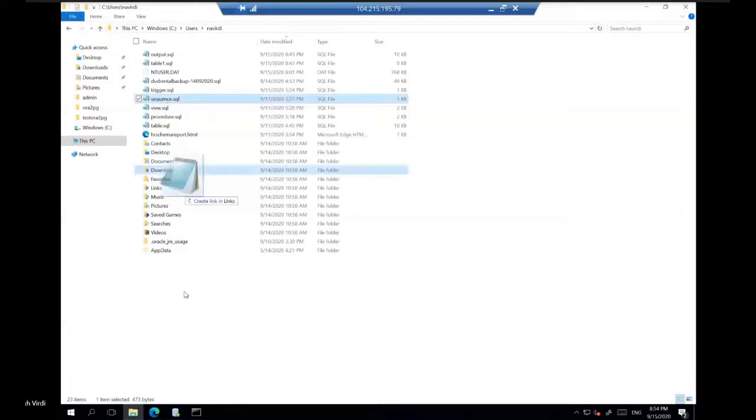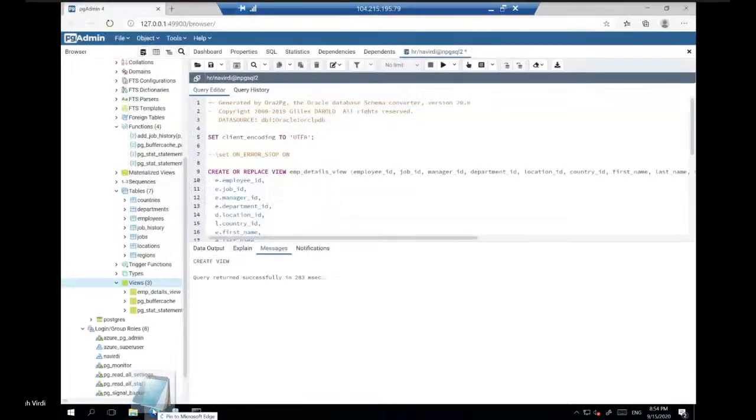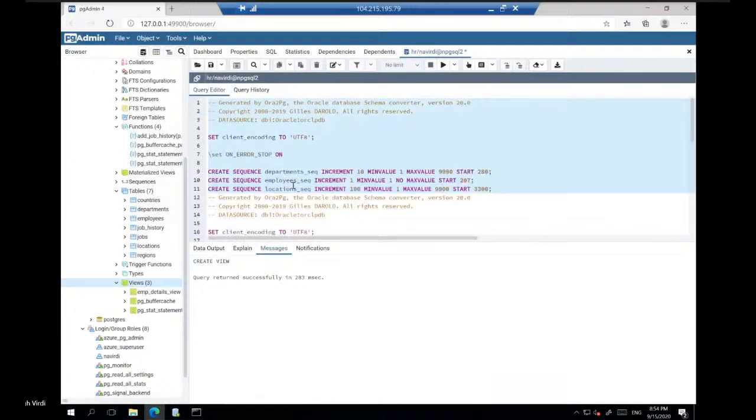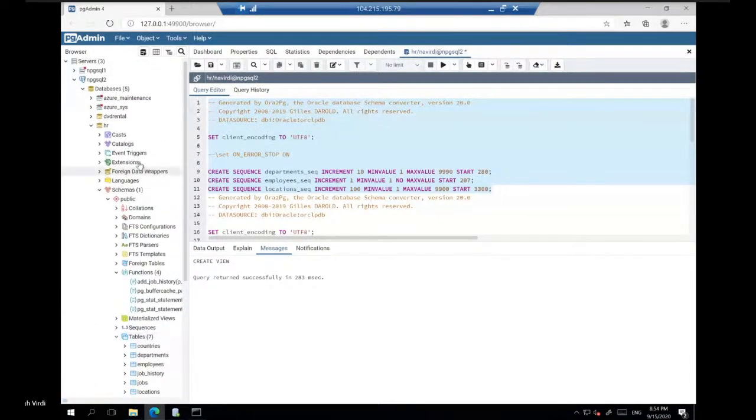Similarly, you can create sequences and other objects as well. So let me comment this out and create the sequences. Right now I believe there are no sequences here. The moment we create this, you will see the sequences also created here.